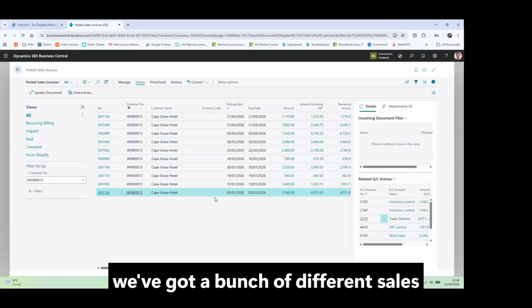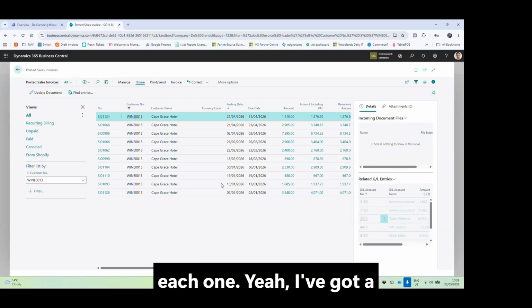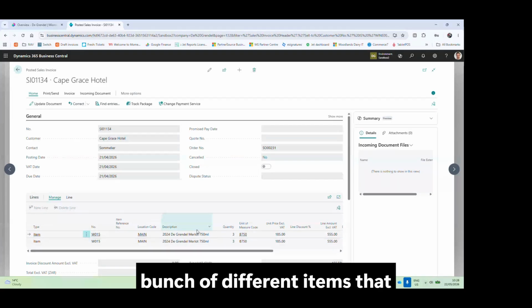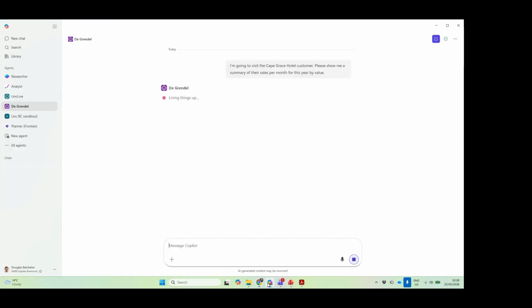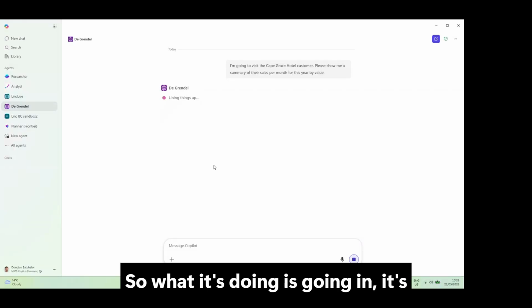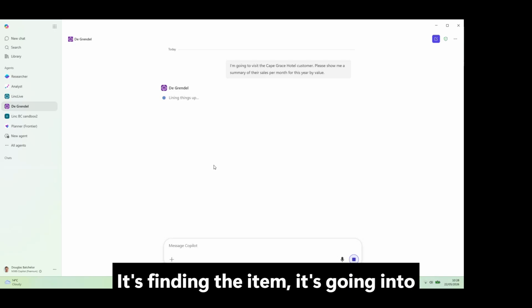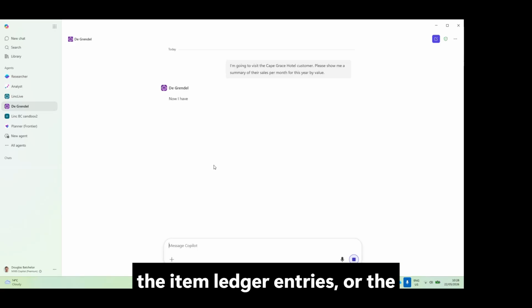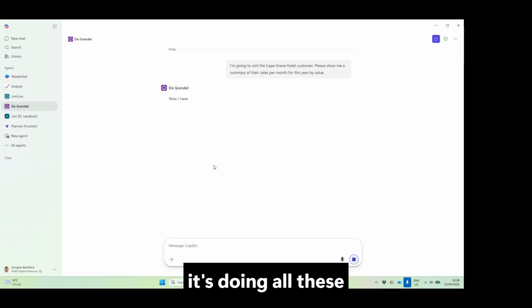We've got a bunch of different sales invoices, and on each one I've got a bunch of different items that I've sold them. So what it's doing is finding the item, going into the item ledger entries, or the value entries at least, and